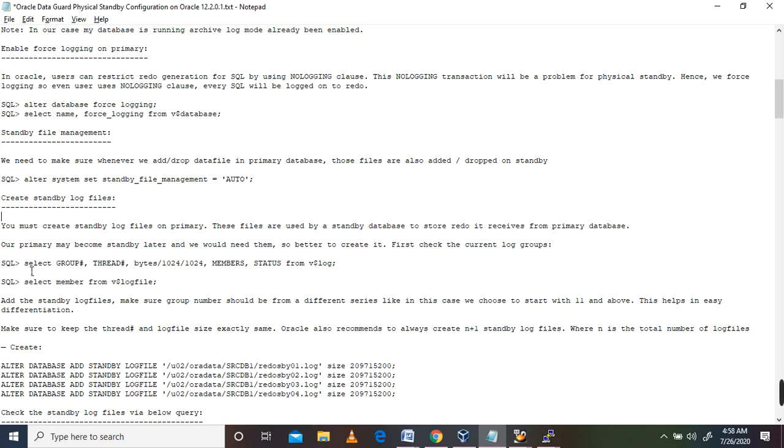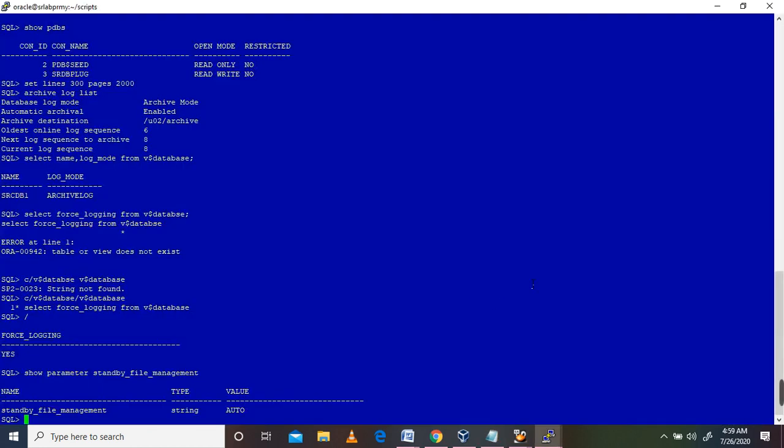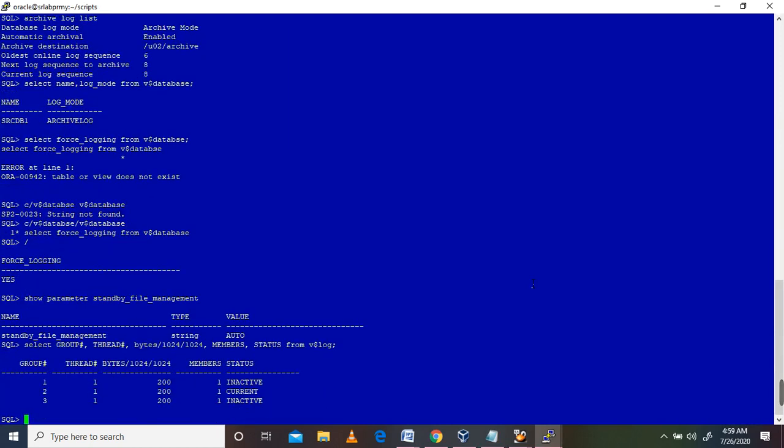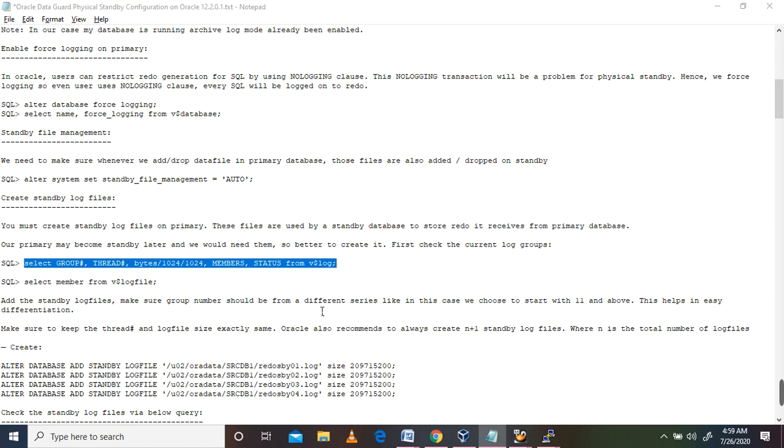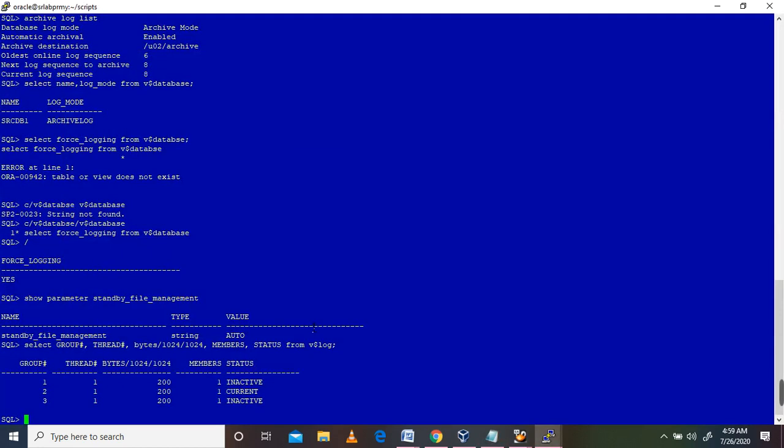Whenever we have a failover or a switchover operation, if standby log files are not created, it will be a big, tedious problem. So now itself we can create the standby log files. I am checking the log groups with this command. There are 3 groups, and 200 MB each file.